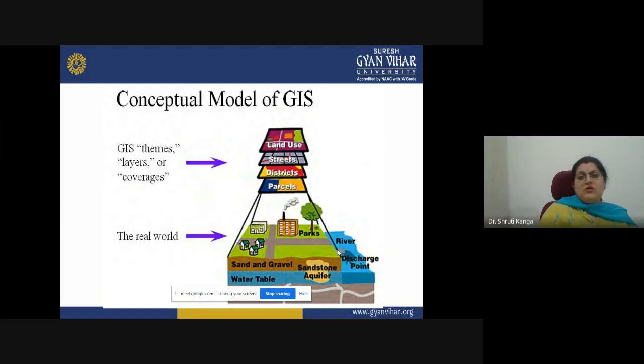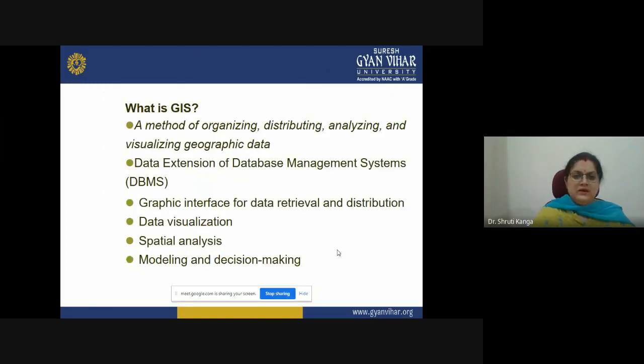Now this is a conceptual model of GIS, where for whatever themes we have in the real world, we go for the creation of those layers or files in the form of vectorization, and then we go for the overlaying of these layers. So what is GIS? Basically, I told you that this is a platform where we are able to organize, distribute, analyze, and visualize different geographic data sets.